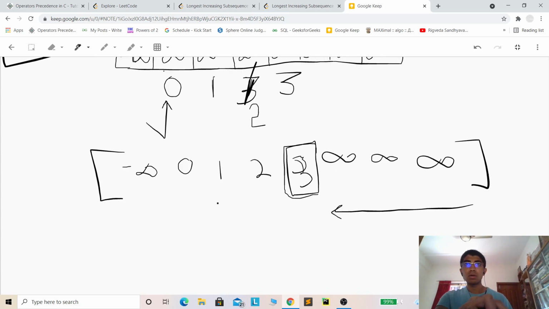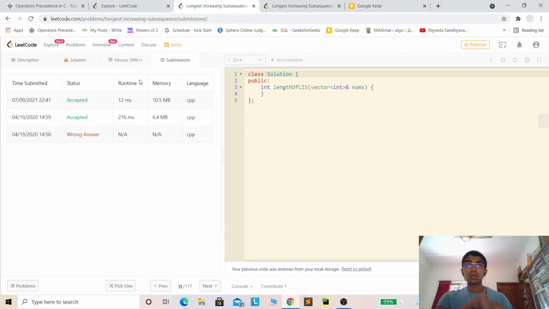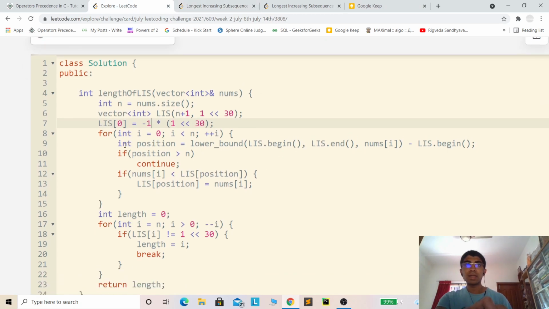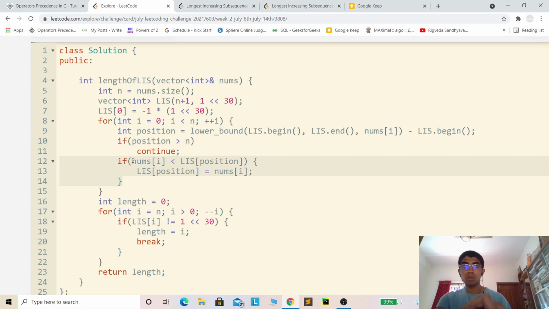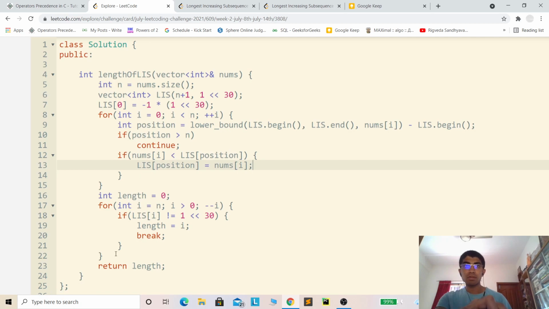So that is how sorting the elements helps us in determining the length of LIS. And for finding the position of each element in its sorted order, we can use binary search. So that is how binary search helps in this problem. And just replace whatever value was there before in that LIS position with the element's value, and iterate from the right to the left, from the end till the start, and the first position where we meet a non-infinity value, that is the length of LIS, and just return the length.